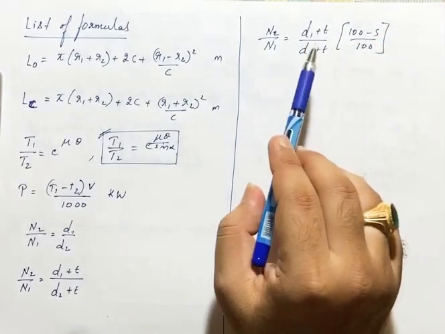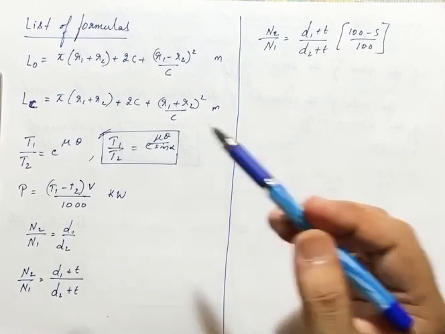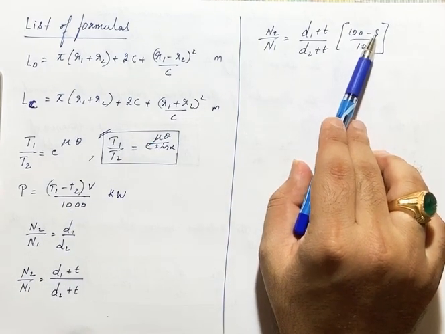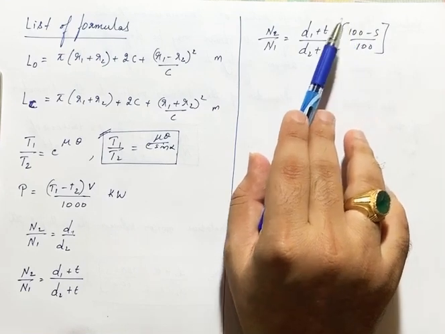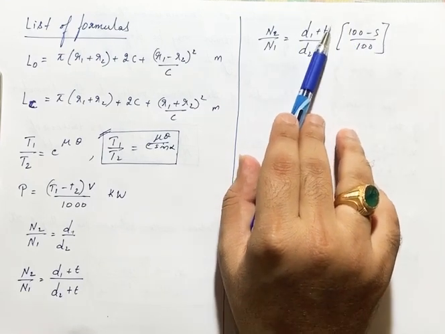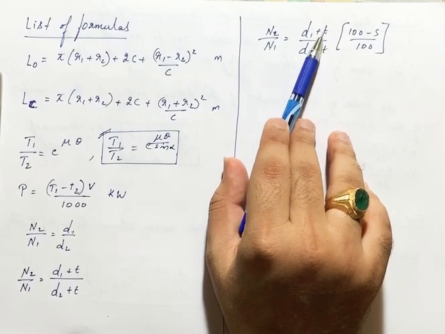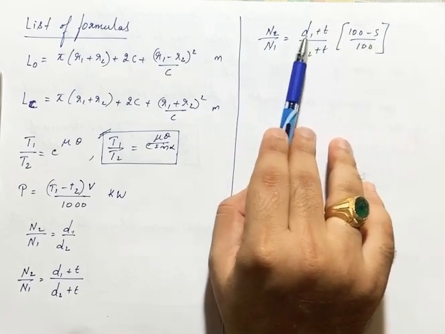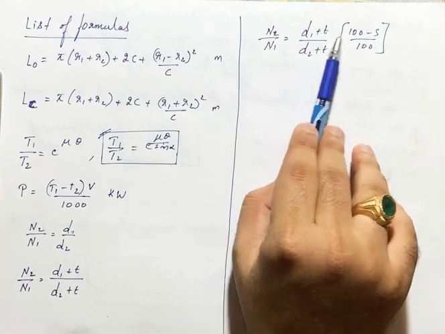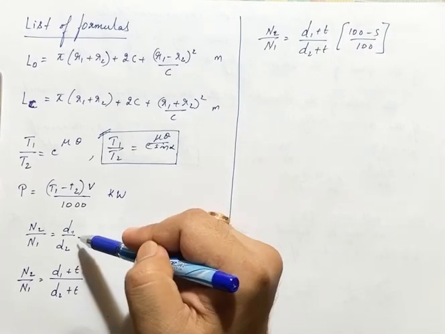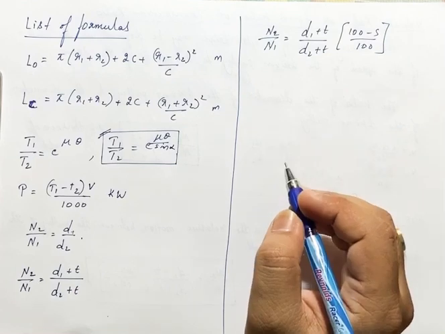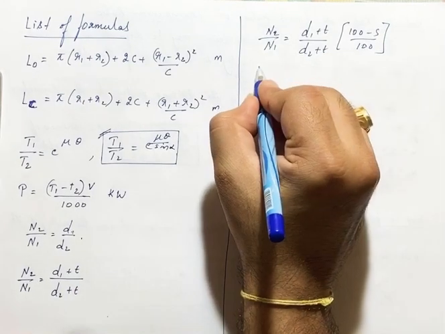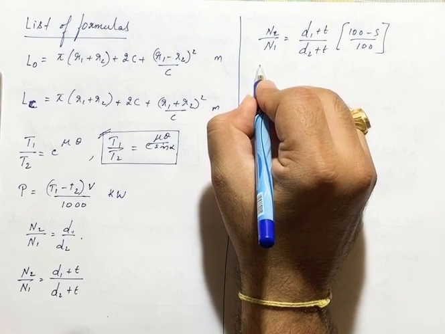You can use this formula to find out any of these things. If the slip is not given, take S as 0, so this term becomes 1, and if the thickness is not given, take T as 0, and you can utilize this formula. If both thickness and slip are not given, T is 0, S is 0, so you will get this formula itself. Now next we have two more formulas. Next we shall go with the tension.